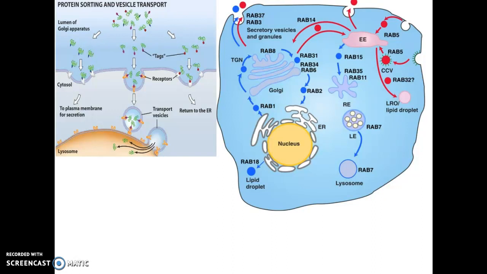So we've got receptors, so we talked about mannose-6-phosphate. So the mannose-6-phosphate has a receptor, and that receptor on the inside binds to the mannose-6-phosphate, and on the outside binds to an adaptin protein, and then through these Rab adapter proteins gets targeted to the correct vesicle, the correct final location,